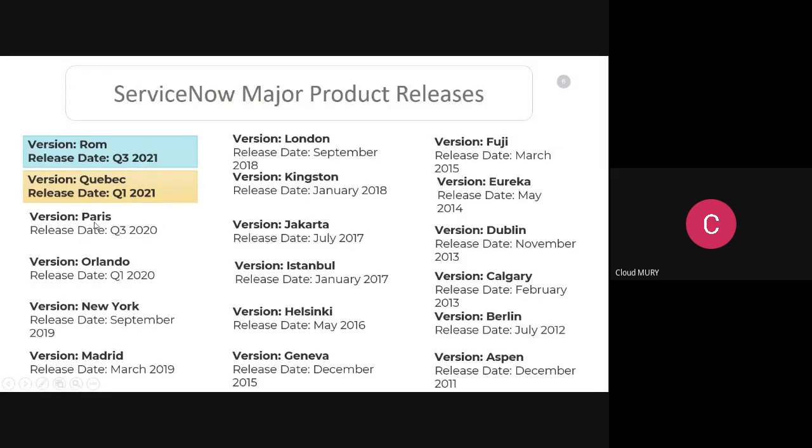For example, if some customers are using Paris, then once the Rome version is released, they will not have any support from ServiceNow. Then without any choice, they need to upgrade their ServiceNow to at least Quebec, or you can say to the Rome version. Is everyone clear about the versions and upgrade?